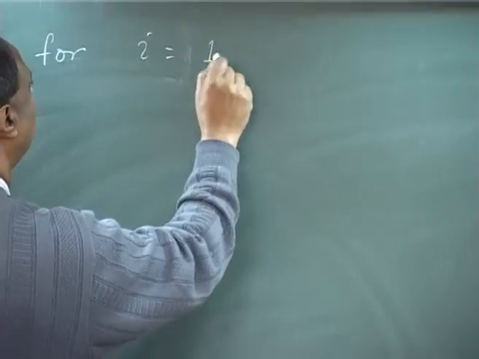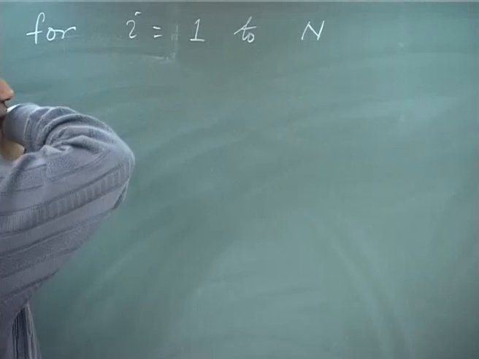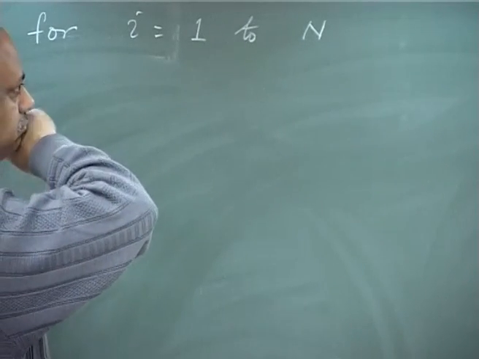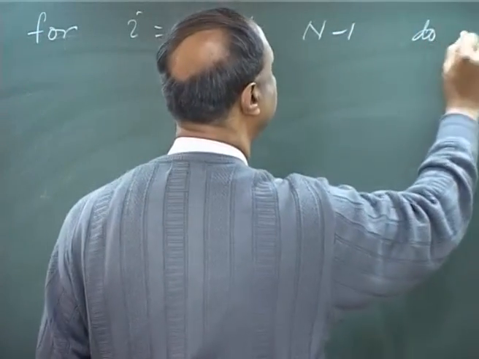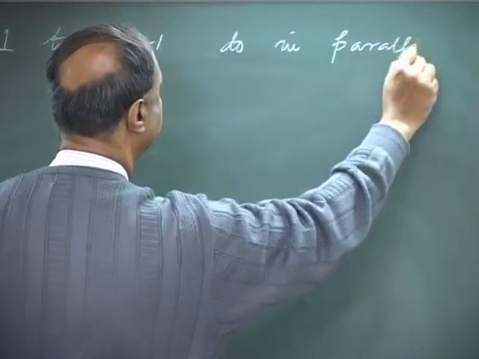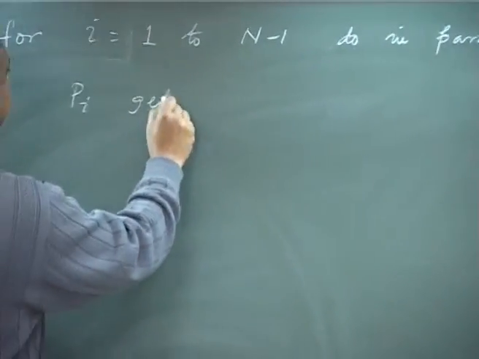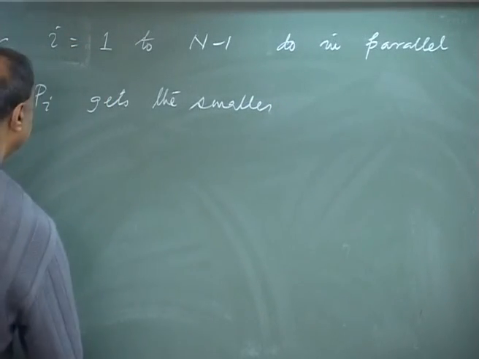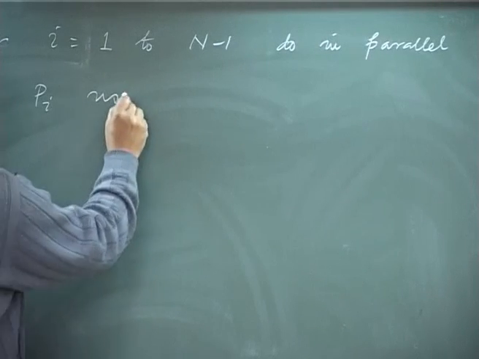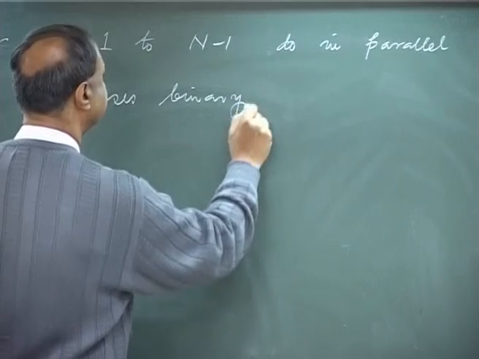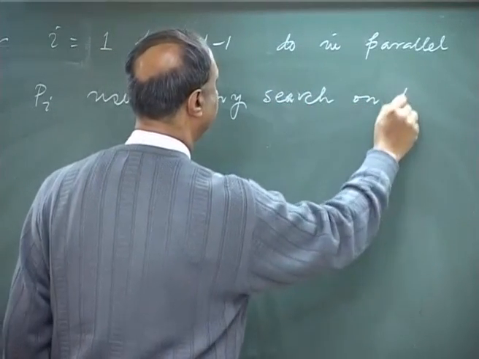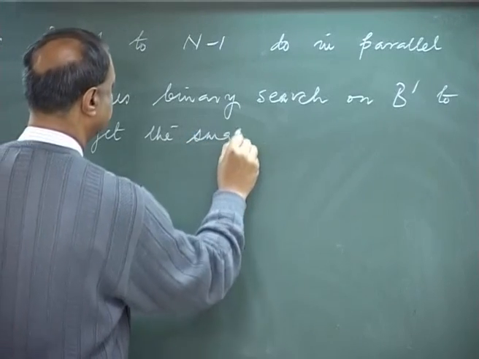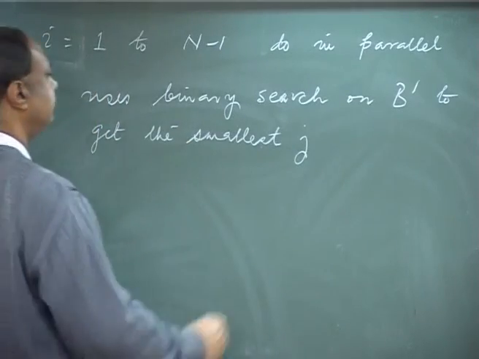For i equals 1 to n minus 1, do in parallel, P_i uses binary search on B dash to get the smallest j such that